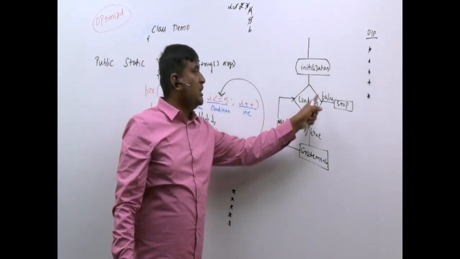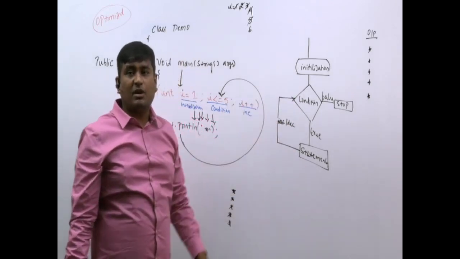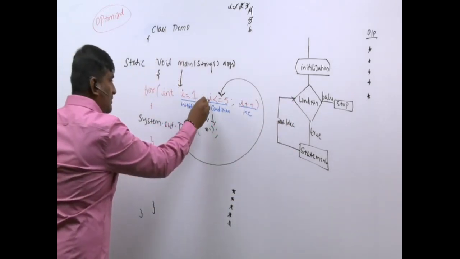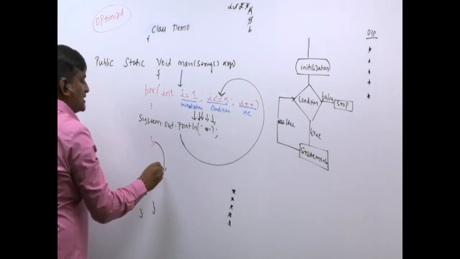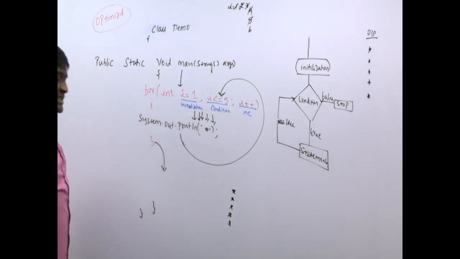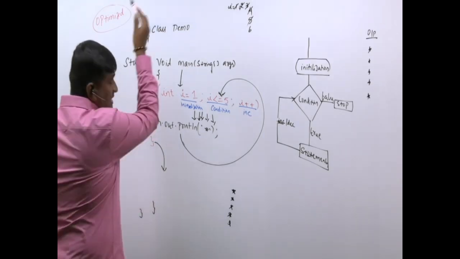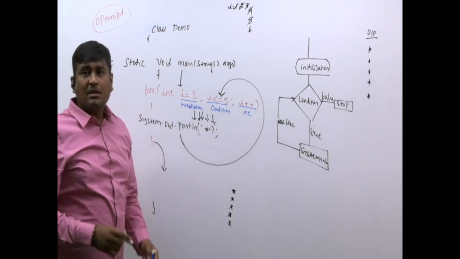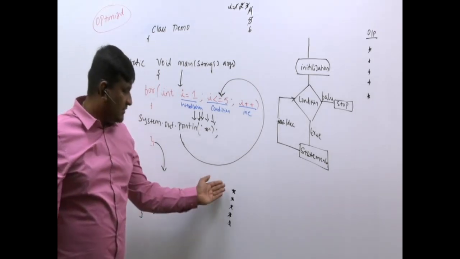Whenever your condition becomes false, control will come outside the for loop. It will not execute the for loop. So now the condition is false. Hence the control will not enter inside the for loop. It will come outside the for loop. Once it came outside the for loop, tell me any other lines are there? No. And from here the control is given back to OS. Now tell me, how many stars you wanted to print? 5 stars. 5 stars printed.